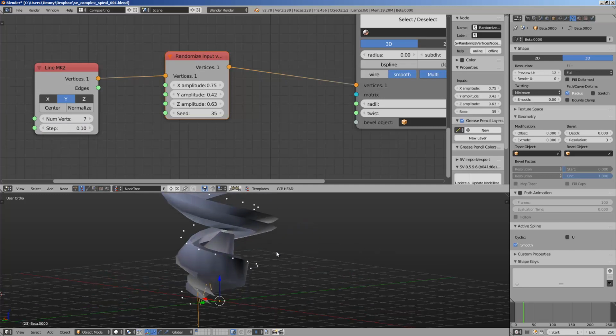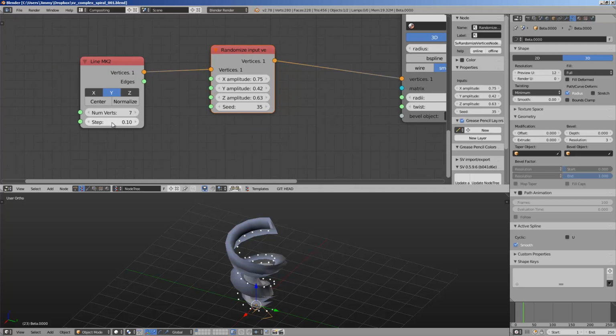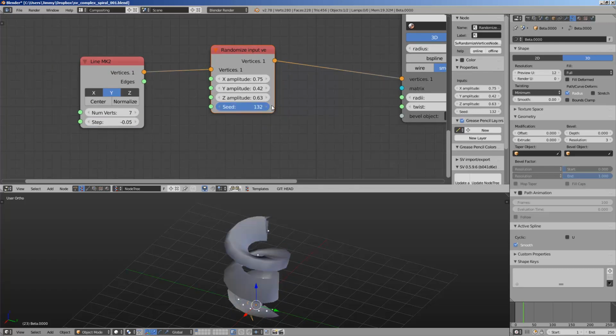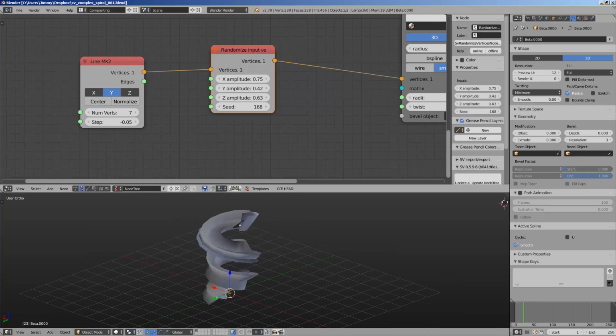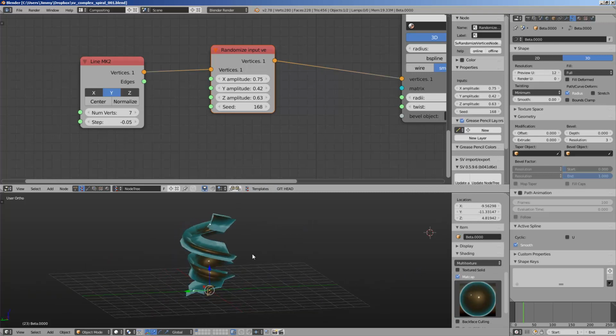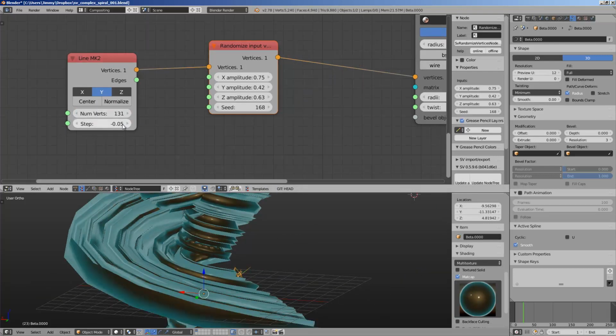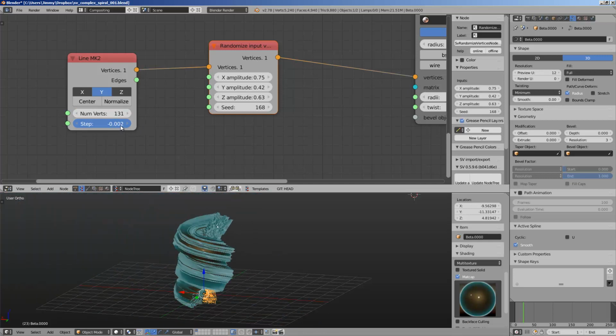There we go. That's kind of the design I was thinking. You can randomize the seed and get a more interesting result. Turn on matte cap because these are real objects, and then increase this and make it a really small value,